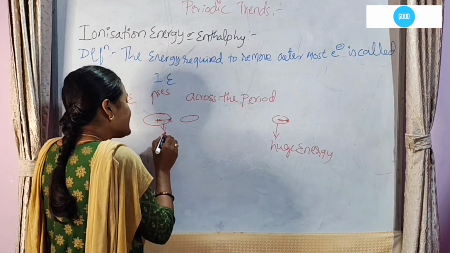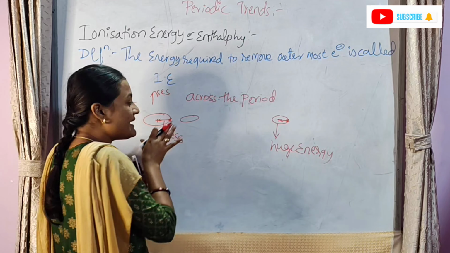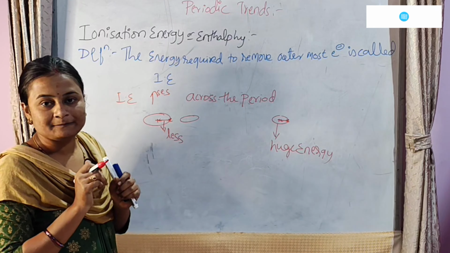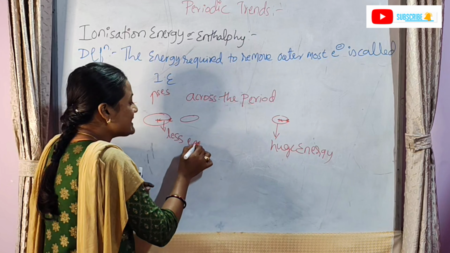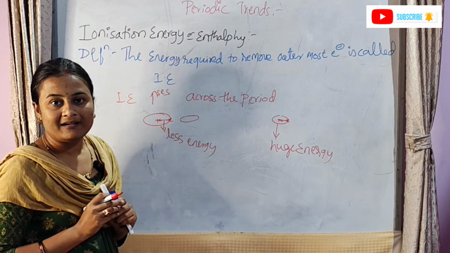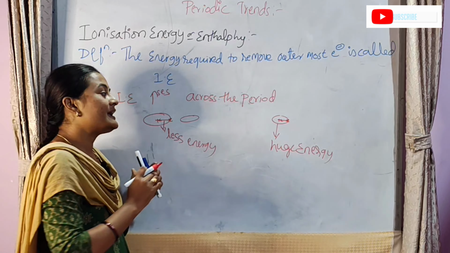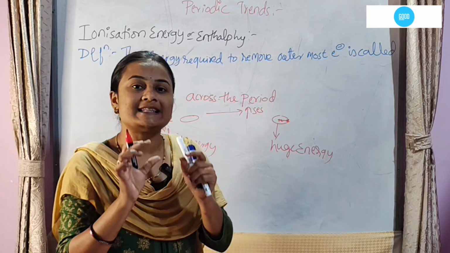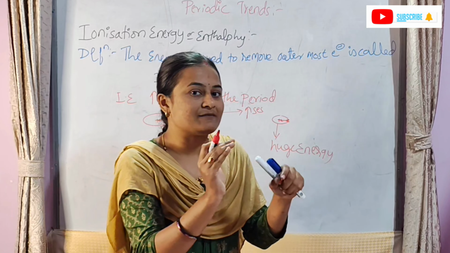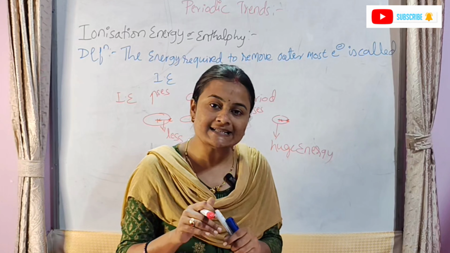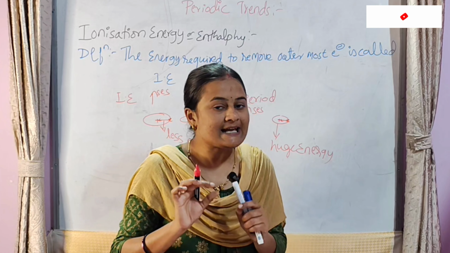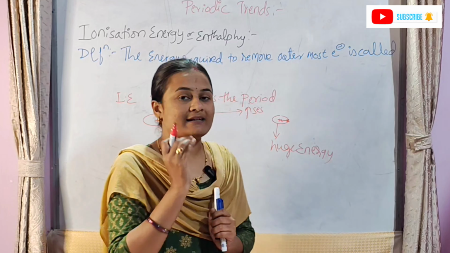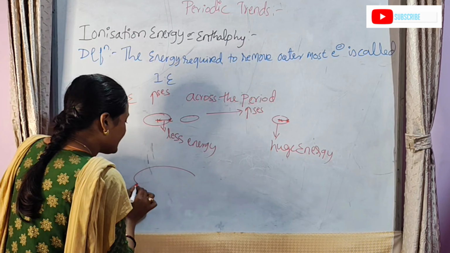And here, the attraction is less. Comparing this diagram and this diagram, here the distance between the proton and the electron present at the valence shell is less, and here it is more. Therefore, less energy is required to remove this outermost electron. Therefore, the ionization energy increases as you move left to right in the periodic table. The reason is that the atomic radii decrease as you move left to right. That is, atomic radii decrease, ionization energy increases as you move left to right in the periodic table. And if you move top to bottom in the periodic table,